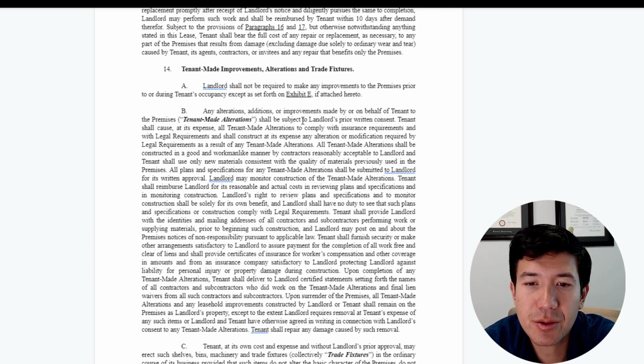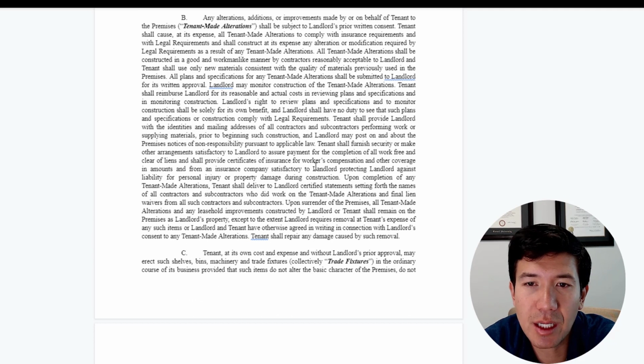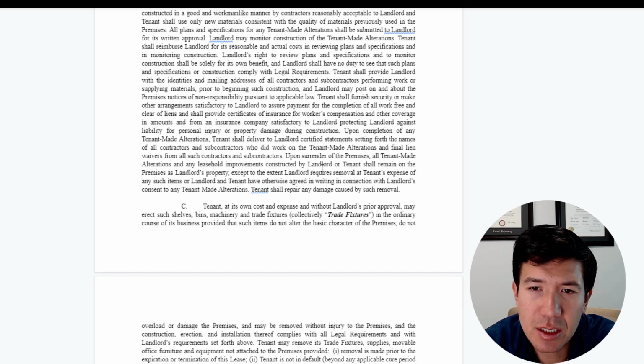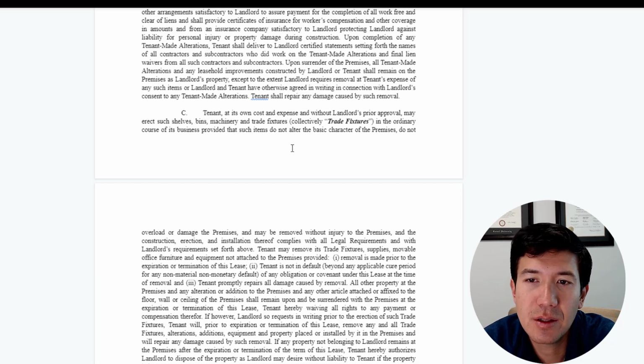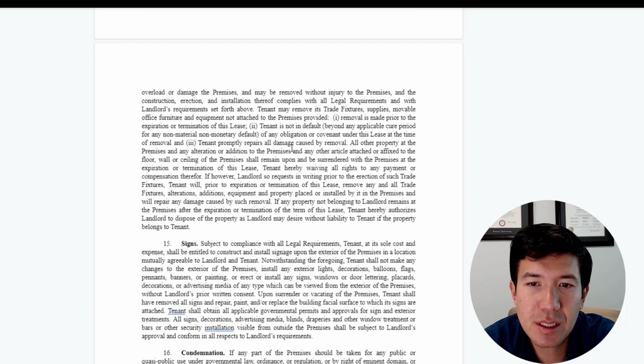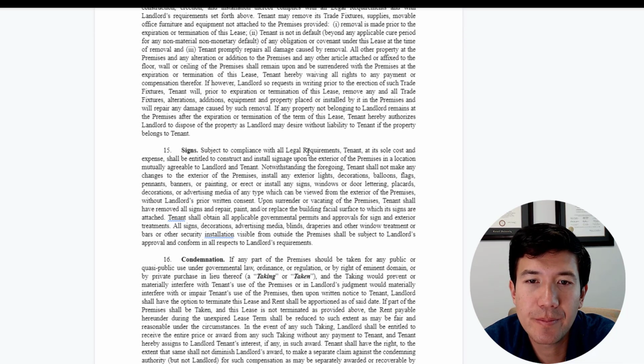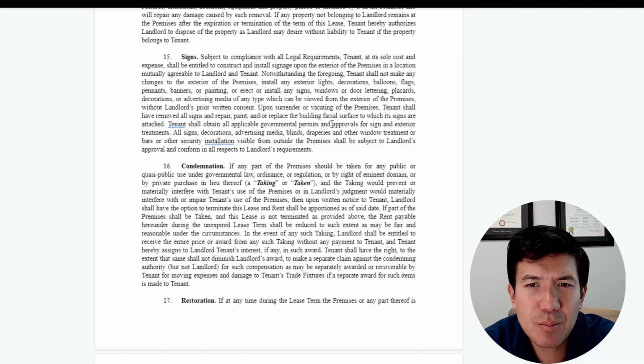Tenant made improvements, alterations, and trade fixtures. Again, it's pretty standard. Anything you build or add to the building becomes part of the fixtures. It becomes part of the real property. You can talk to your lawyer a little bit about specific examples of equipment or some type of modifications that add value to the building, and do they become part of the real property that the tenant can't just rip out and take with him when he leaves. You have to specify if it's custom for their use in their business or that sort of thing, or whether it's easily removable.